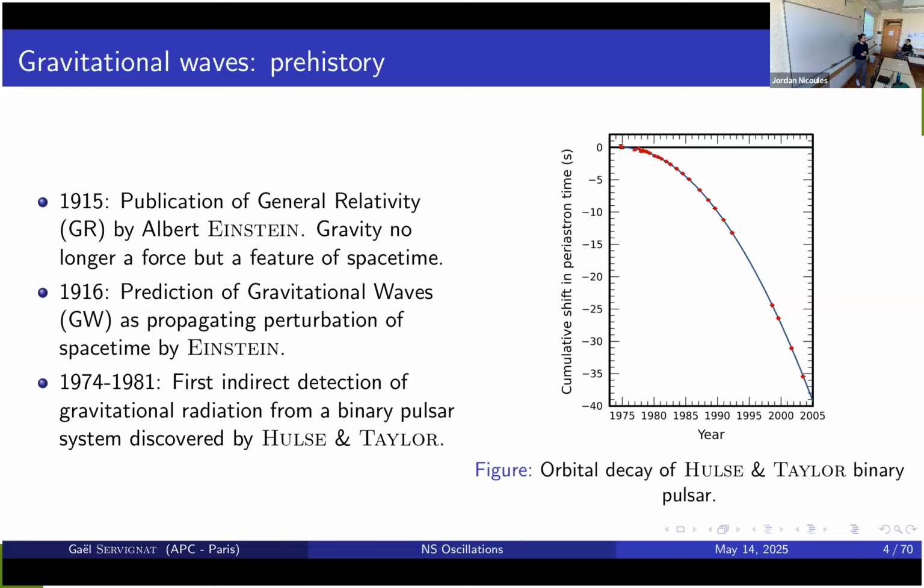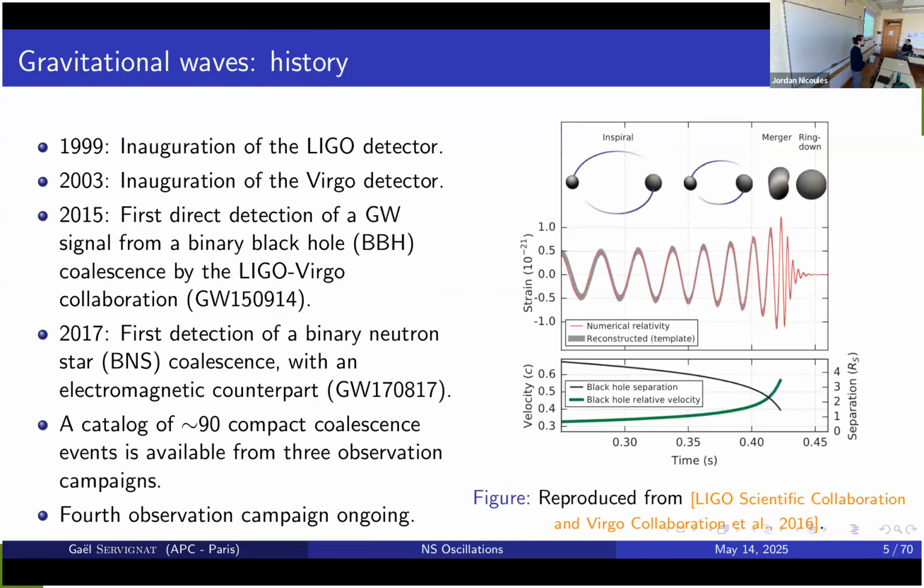So this was the first indirect detection of gravitational waves. So we say, okay, we think that they actually exist. So now we want to try to see them directly. People have been building detectors, very big ones. You may know them as the LVK collaboration. There was LIGO in the late 90s, and in the early 2000s, the Virgo detector was also inaugurated. And then after 15 years of instrumental development, there was the first detection of a binary black hole merger.